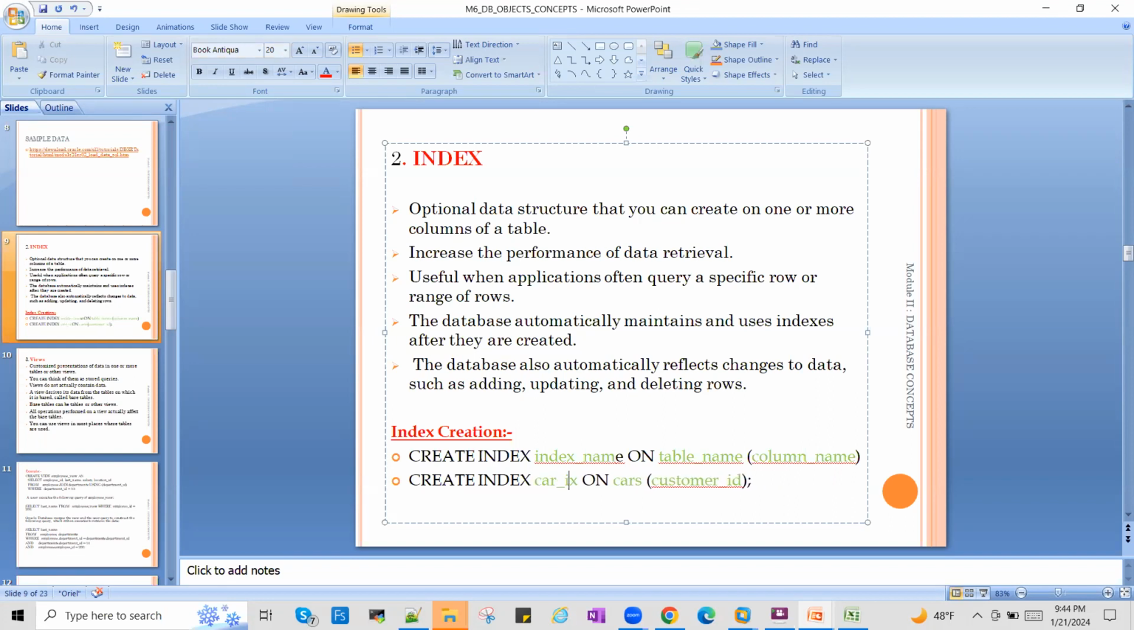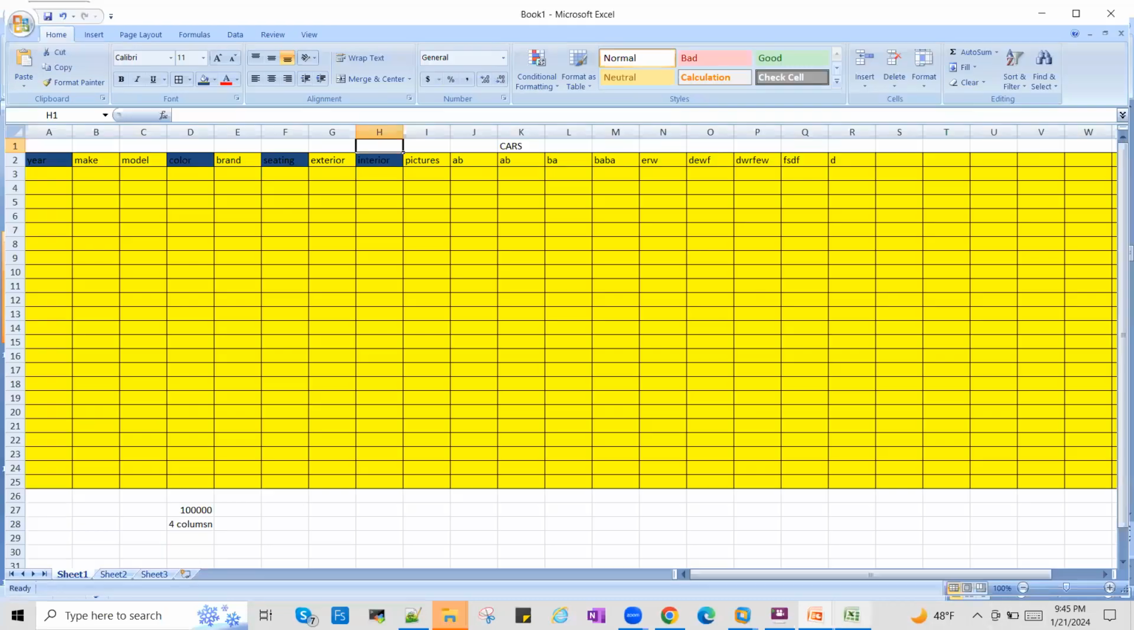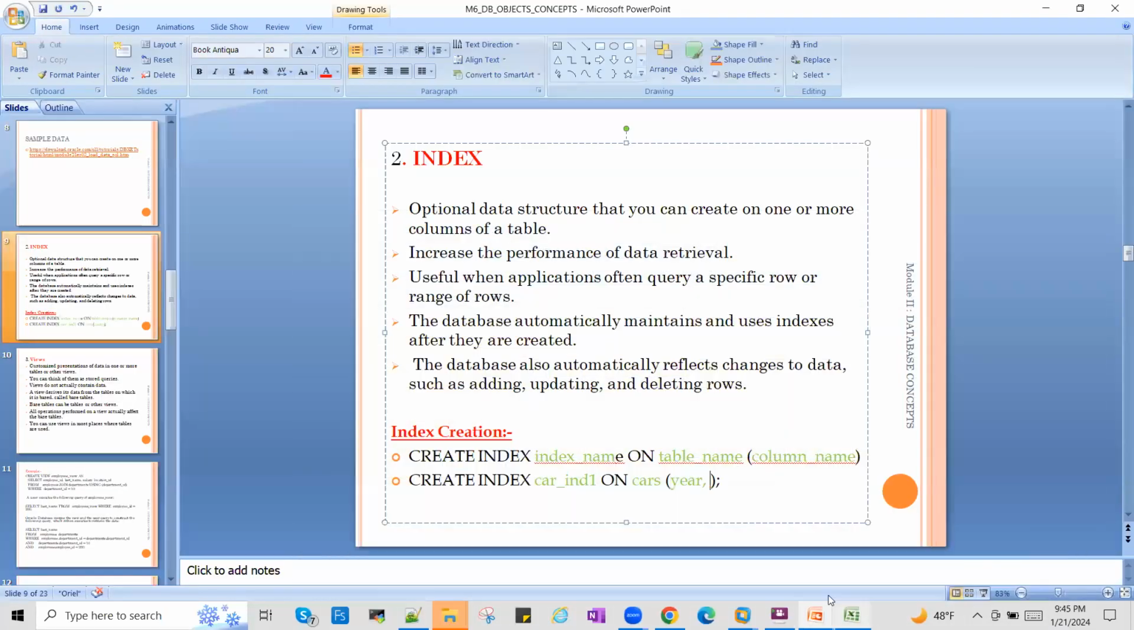I'll say car index 1 on cars, and use the column names we selected: year, color, seating, and interior. Okay, so he will say, let's create an index, and let's try to give less work to the